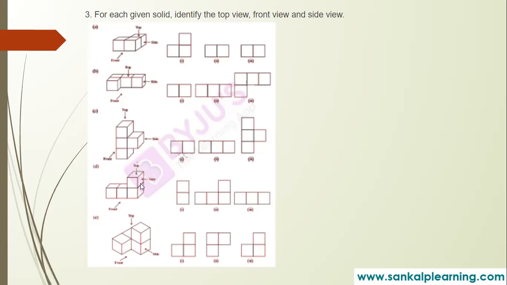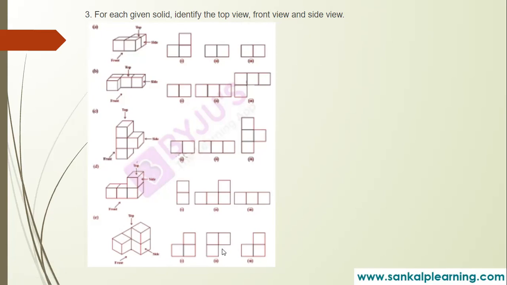See, if you see from the side, you can see only 2. In the front view, we can see everything: 1, 2, 3 and 4. Okay, and this is the top view, 1, 2, 3. You can see 3 squares. And the last one, if you see from the front, you can see 1, 2, 3 squares.